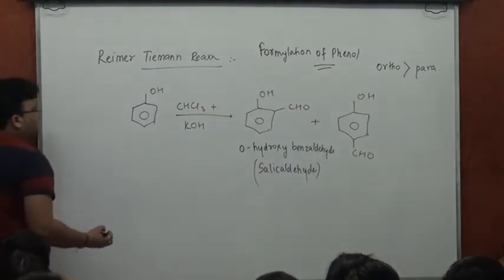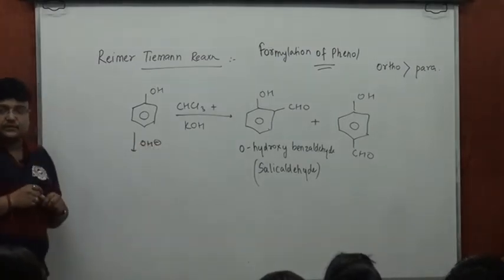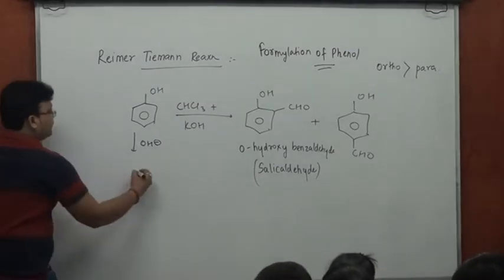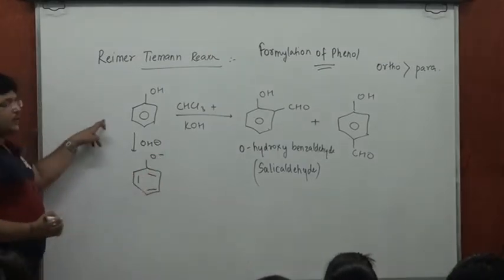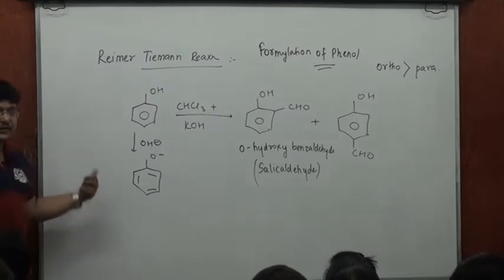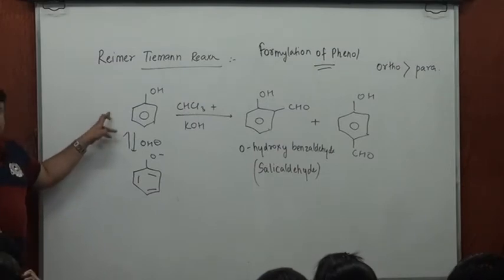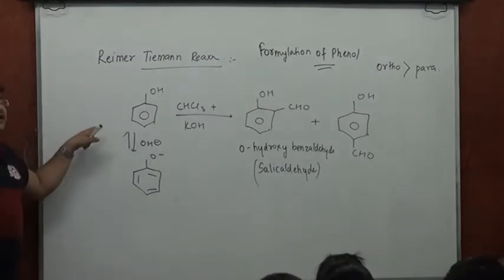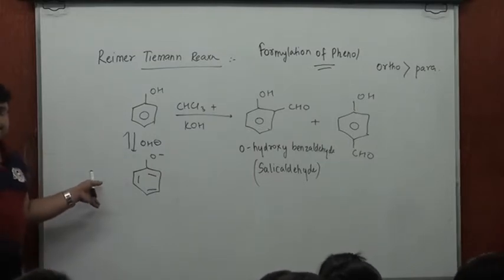Reason being, when you treat phenol with OH minus, I repeat, most of the reactions of phenol are done under alkaline conditions. You'll be able to convert phenol to, you know, what is called phenoxide. Yes or no? Phenol is acting alkaline. I'm sorry, phenol is acting acidic, losing H plus to OH minus. Fine. Now most reactions of phenol will be done under alkaline conditions to convert phenol to phenoxide. Who will tell me why?